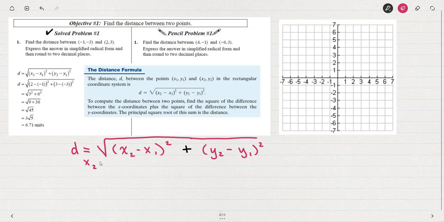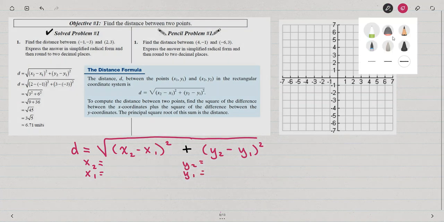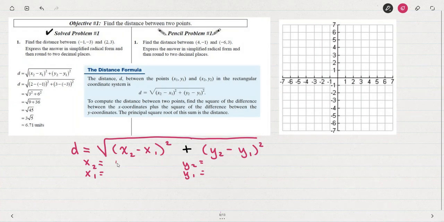We know the two x's, we know the two y's. And here's what they'd look like. The x's are 4 and -6. The two y's are -1 and 3. If we plug those in,